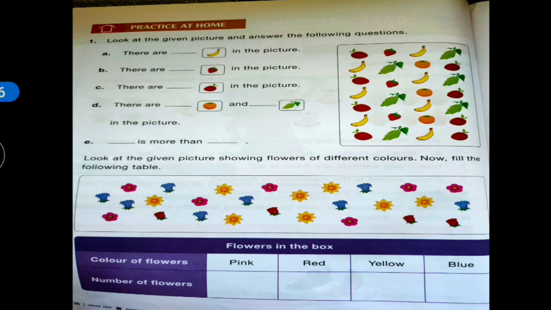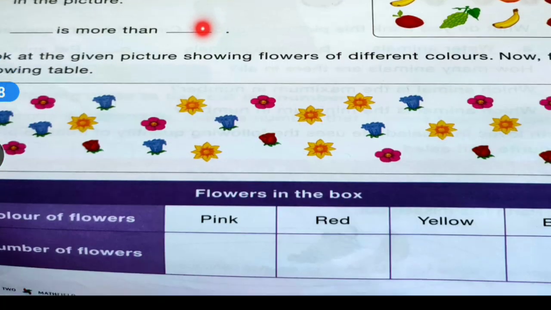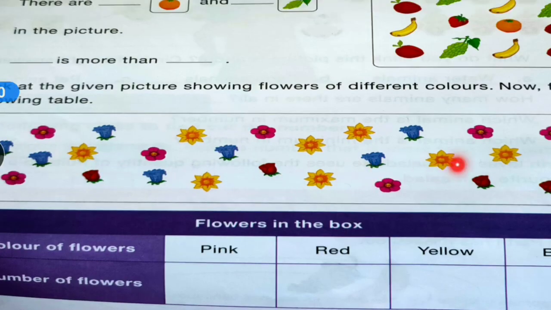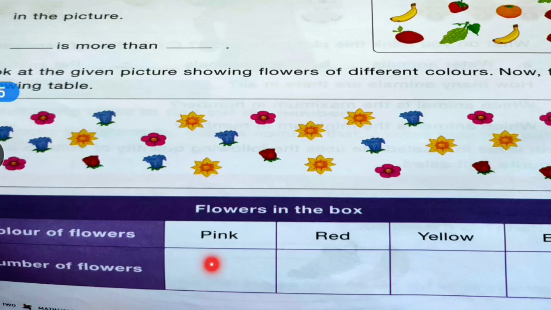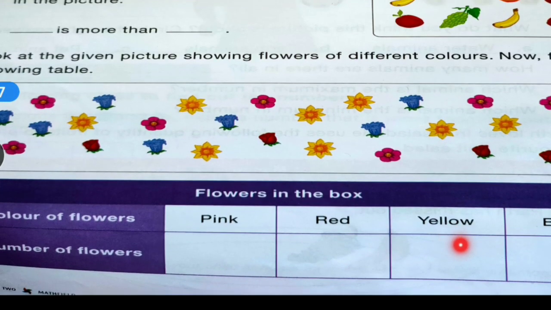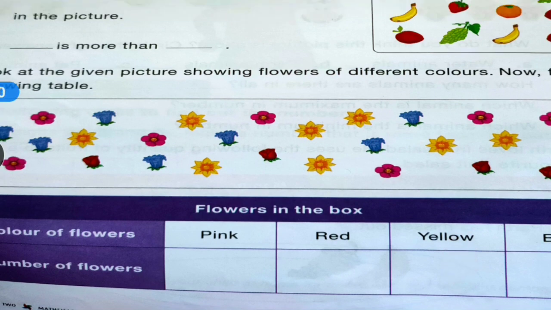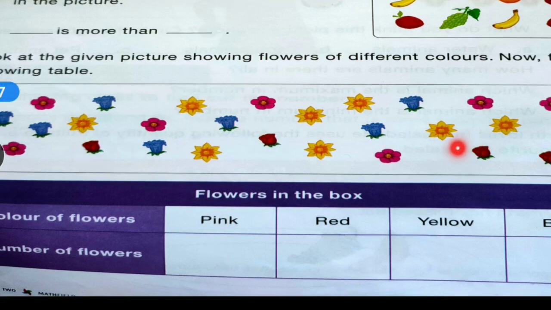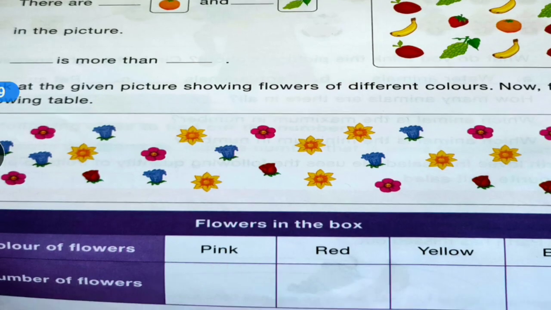Okay? Children, yesterday we have seen the organized data and mixed data. With the help of this mixed data we represented it in the table form to make it easy to understand. Like see here children, pink flowers, the number of flowers we have counted here, and then we write here pink flowers. Red flowers, how many red flowers? 1 2 3 4, like this we put here. Now today we will see how to